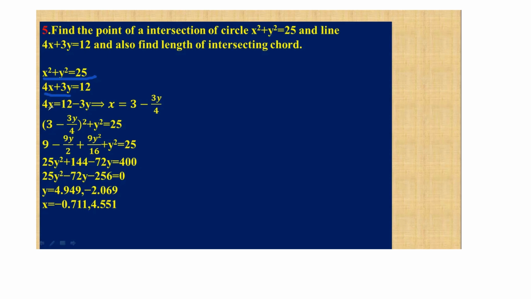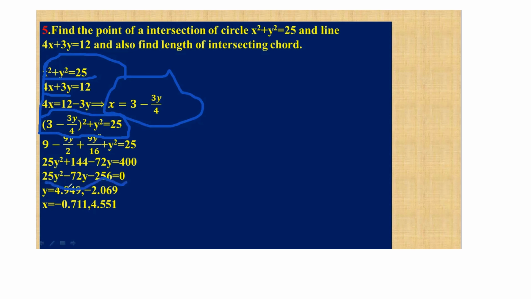Solving the equation of the line for x in terms of y, substitute this equation for x, and it gives this equation. Expanding and rearranging this equation,